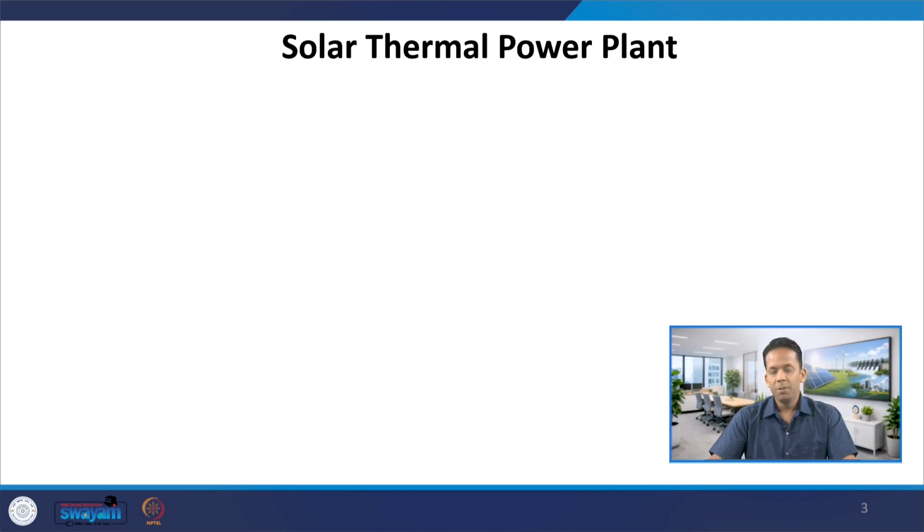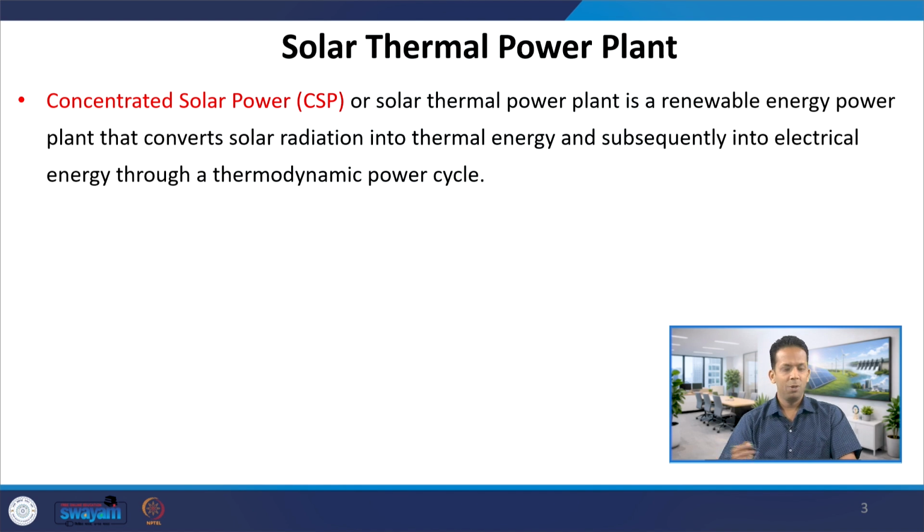So, a solar thermal power plant is also called CSP, concentrated solar power, a renewable energy or solar powered plant that converts solar radiation into thermal energy, and this thermal energy is subsequently converted to electrical energy through a thermodynamic power cycle. Often it is a Rankine cycle or a steam cycle, because if you remember the typical power plant,